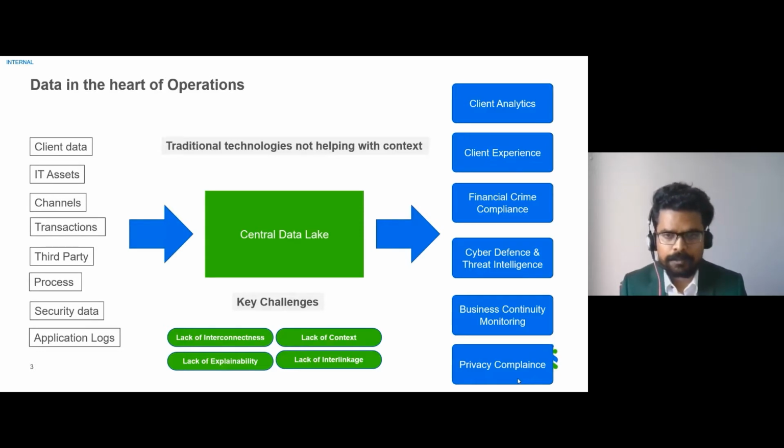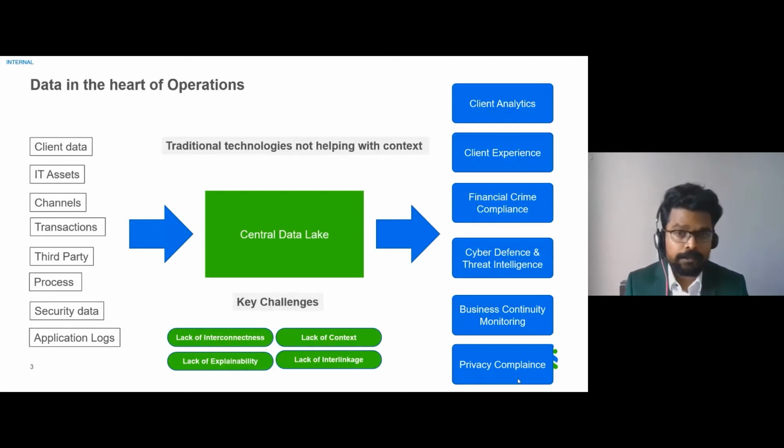And also we have a huge obligation to manage and comply with the privacy of our client data. So I think it's quite a lot of things we need to do, and we do that with the help of data. Some of the key challenges in doing that are basically the traditional technologies which historically exist within the bank,